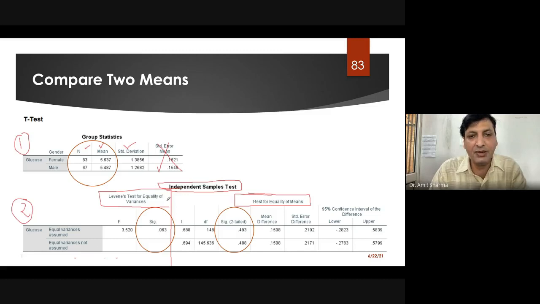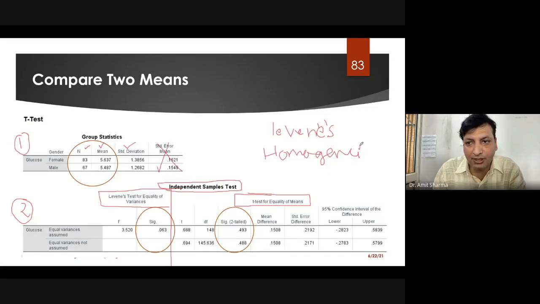Now, what does this eligibility mean? There was one scientist who developed the eligibility on 2 different tests. One test is called Levene's test, and the second one is the test for homogeneity. I'm just writing like this with the mouse. This is the first test, this is the second test. These 2 tests we use in statistics to find out the eligibility for the test.